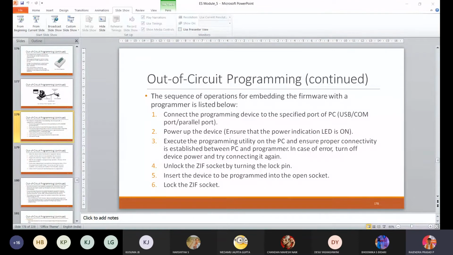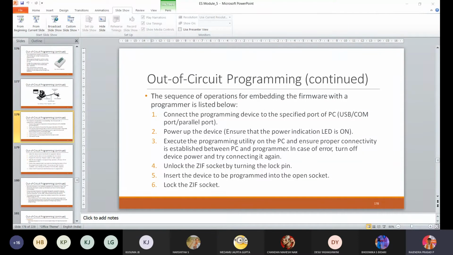That is the process we follow. The major drawback of out of circuit programming is the high development time, because it needs to carry information from the source to the device and get it back, which takes a lot of time. And if any damage happens, it is very difficult to identify.